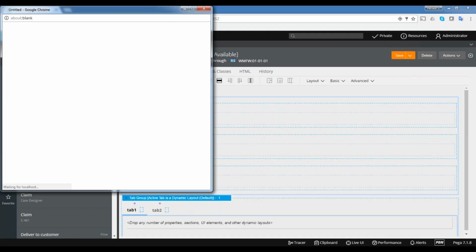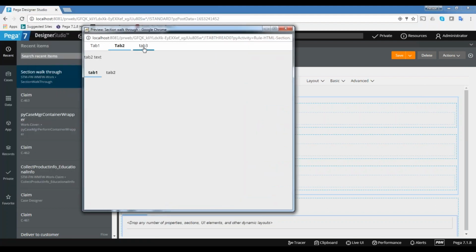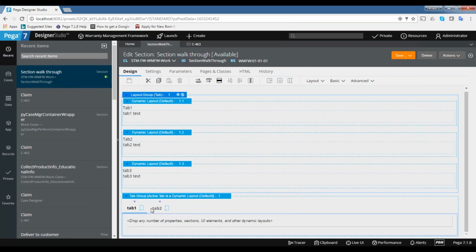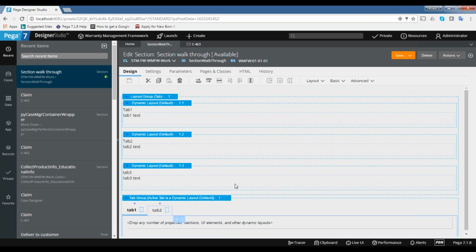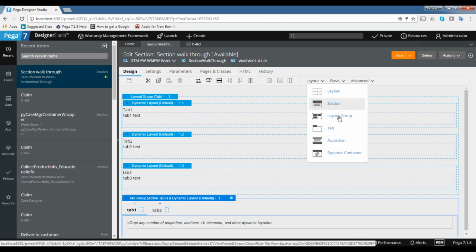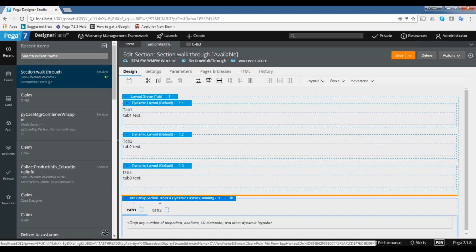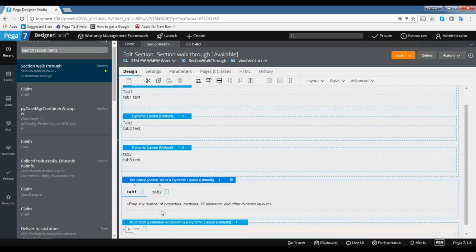The only difference is, see tab 1, tab 2, tab 3 is there, also tab 1, tab 2. One difference is that in the design time this will be tab, and this will be stack format. This is a tab group, this is a layout group. If you later want to change it to another format, that is very difficult here. That is why the layout group is recommended, because it is responsive. Moreover, a tab group is not responsive. It won't convert automatically to other formats. And this is the same: if you want accordion in the design time as well, you can use the accordion format.